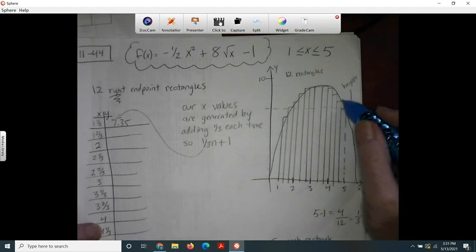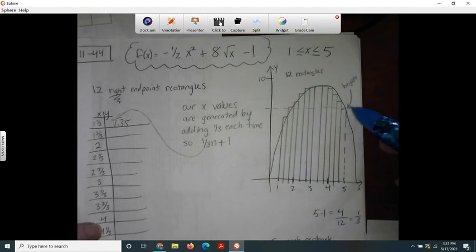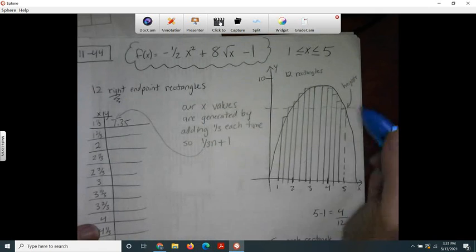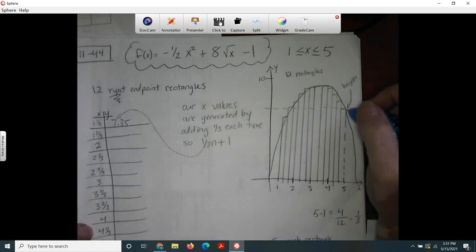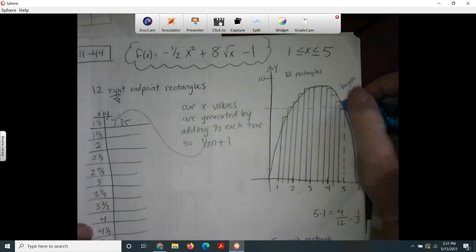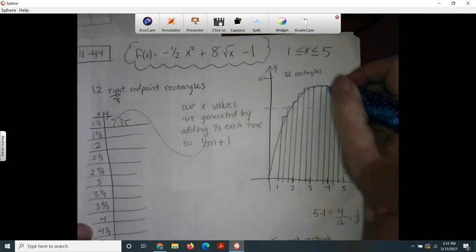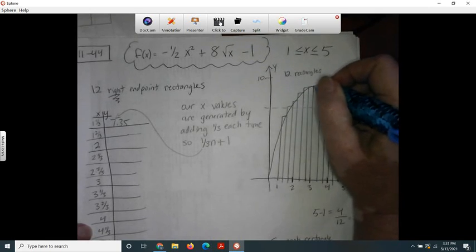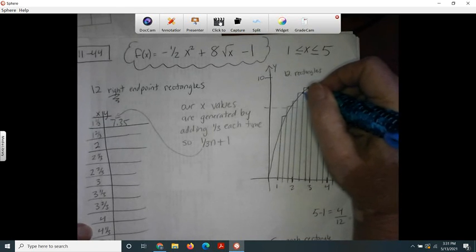I'm looking at these points. There's the height. There should be 12 little heights of each of the 12 rectangles. And the top right corner of each rectangle is touching my curve. But you might wonder, how did I know how to draw it, and how did I get my rectangles in